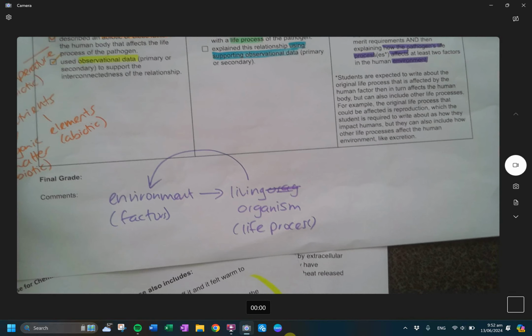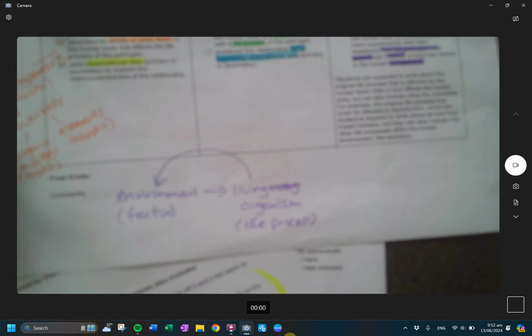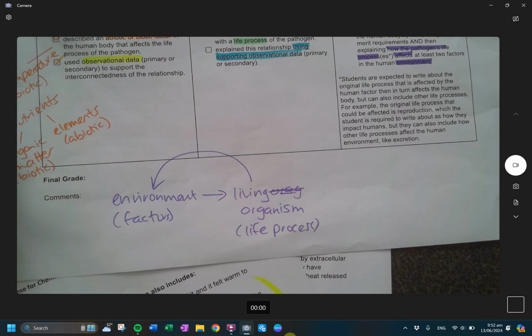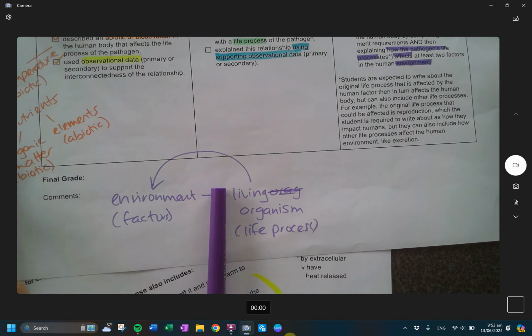It also helps you think about the big picture. So when we talk about the excellence level, you should get this focus. When we talk about merit, we are just talking about one causing the other. When we are talking about excellence,